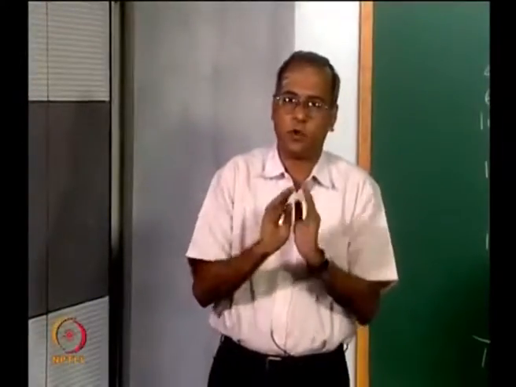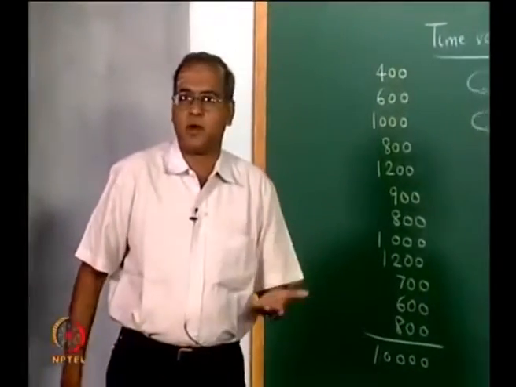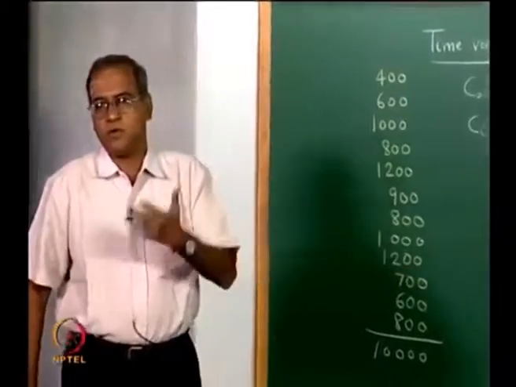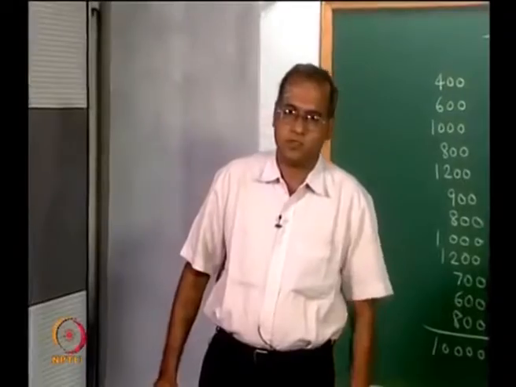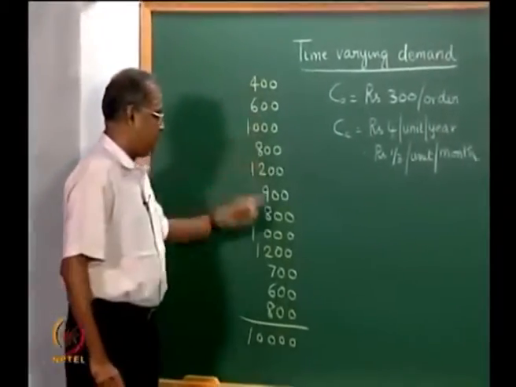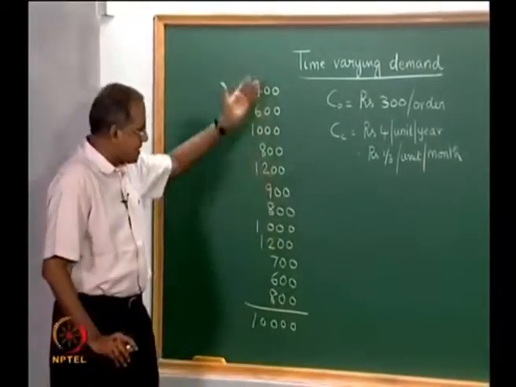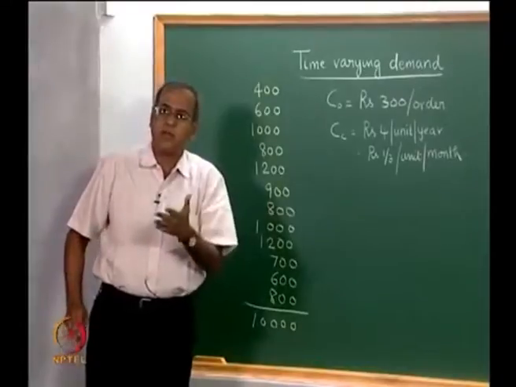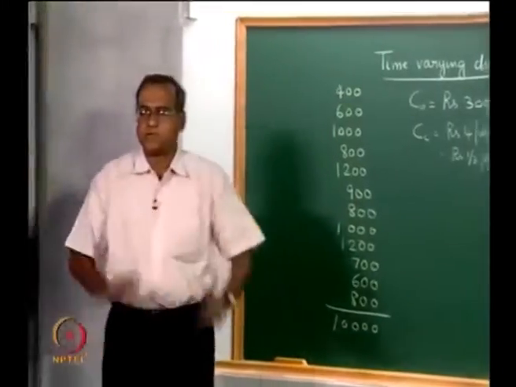So, if we want to look at heuristic solutions, these heuristic solutions do not guarantee optimality, they try and guarantee a solution which is close to the optimum, and since the basic problem is a minimization problem, a heuristic solution would have an objective function value higher or equal to that of the optimal solution. If there are 12 periods, now only for the sake of illustration of the heuristic we will take the same example, so that we will be able to compare the final solution given by the heuristic as well as the optimum.